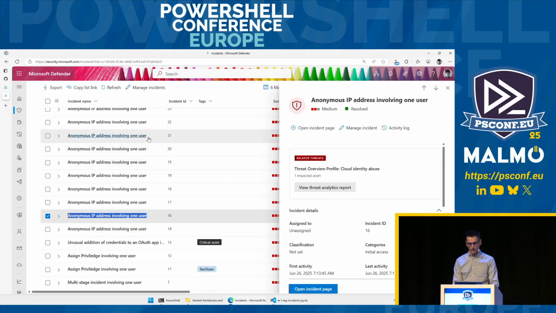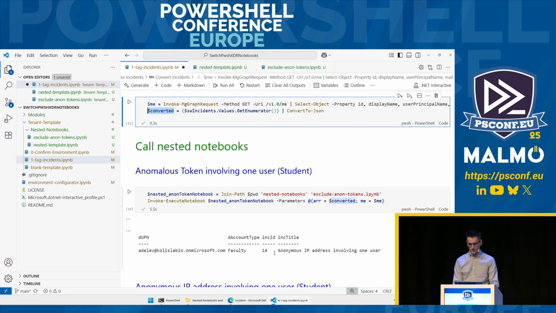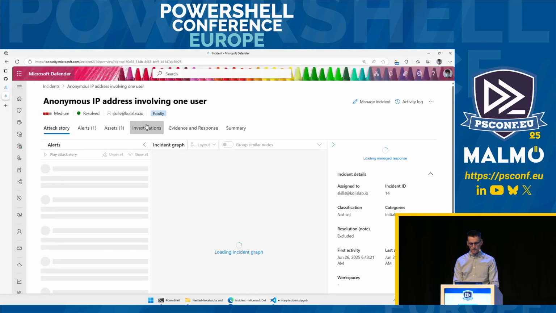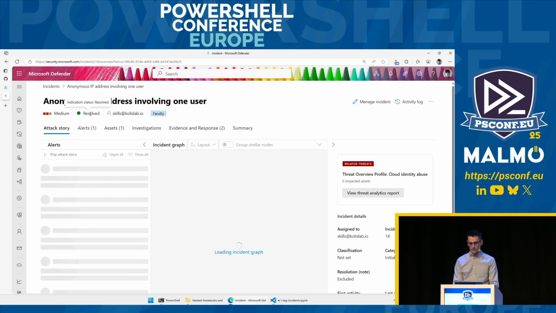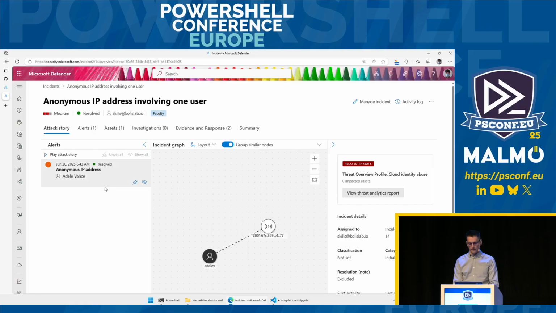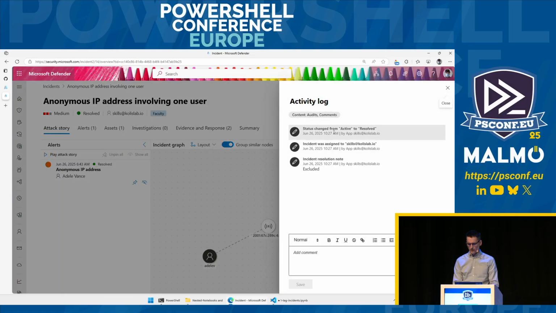And if we head over here, that's number 14, this is the incident ID, so that's why I clicked number 14. We should see that it is resolved and tagged. And this change was made right now. This is where individual accountability comes in: in the activity log you will see that it was done by an app in my name. So we can tell from the audit logs if an incident was processed by hand or by the automation,